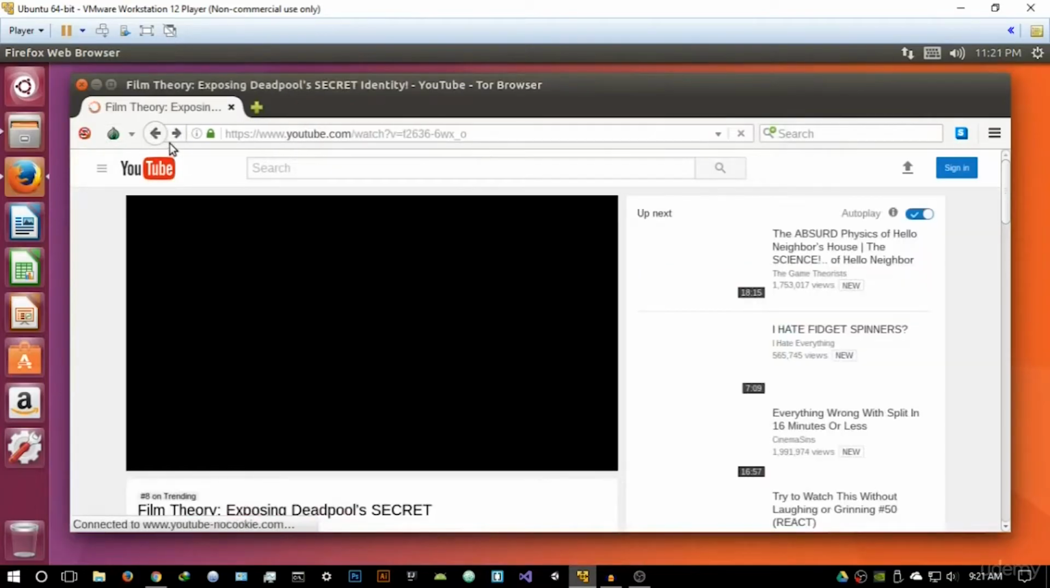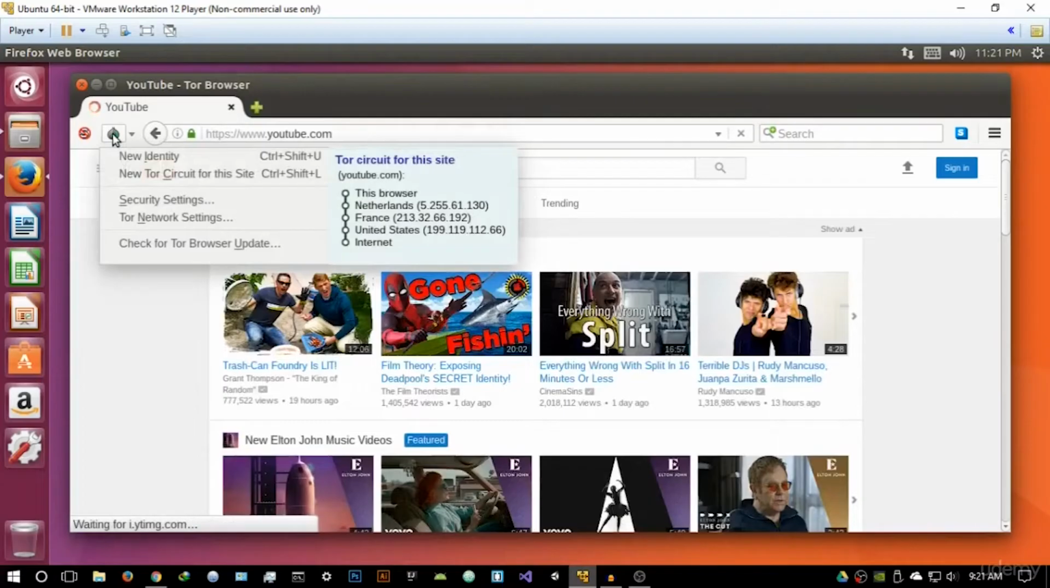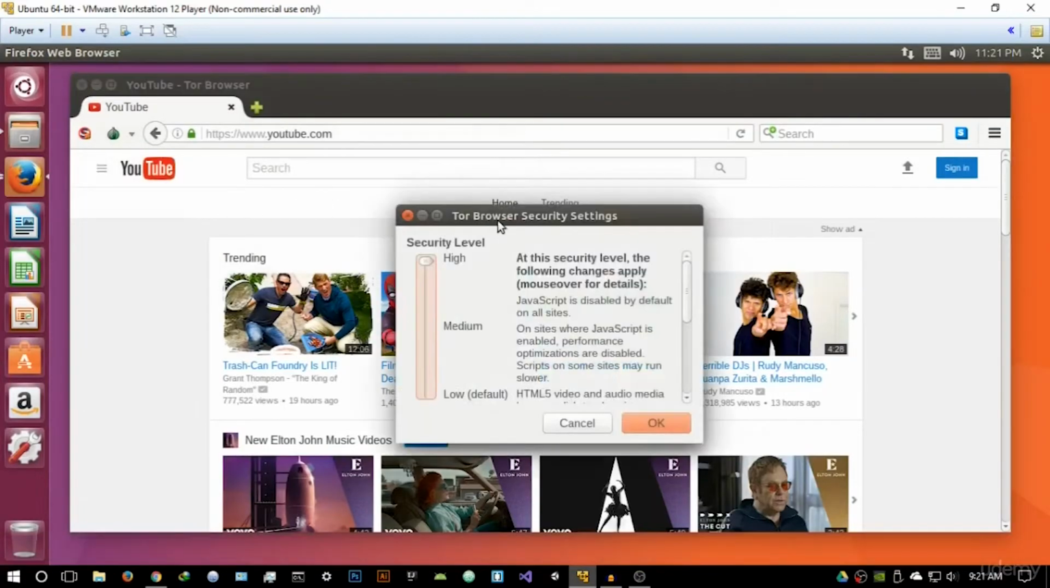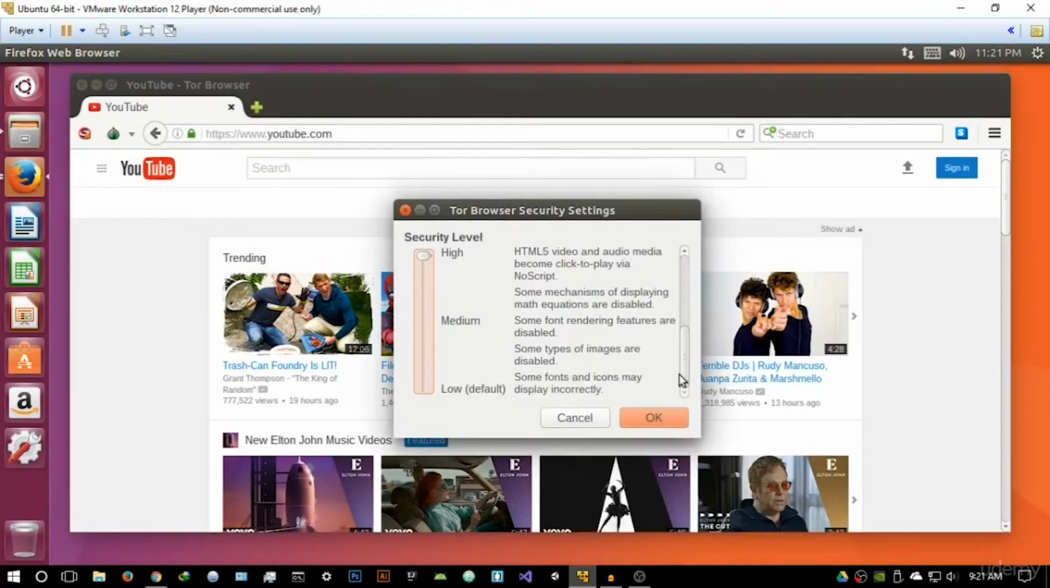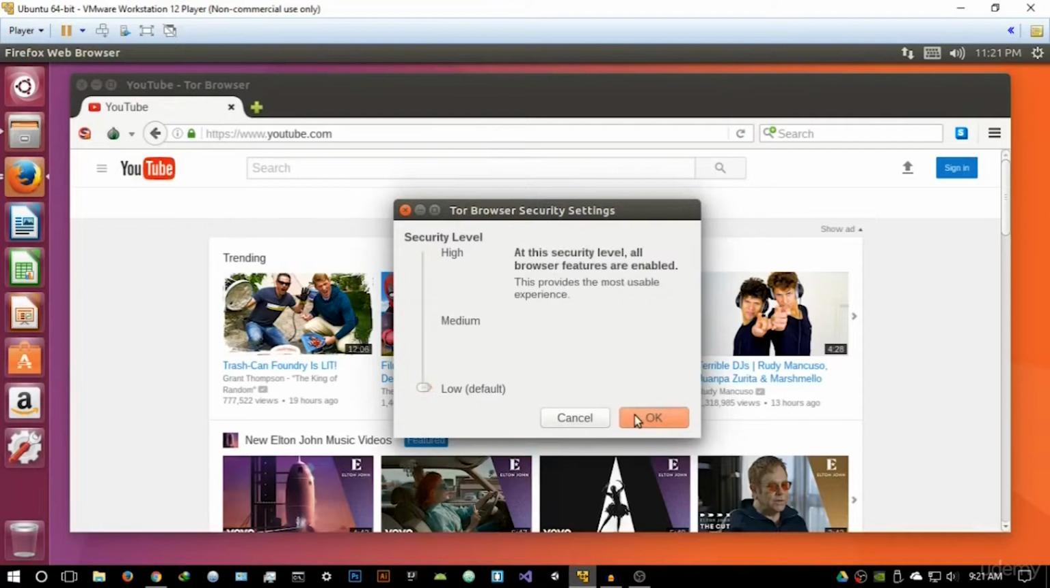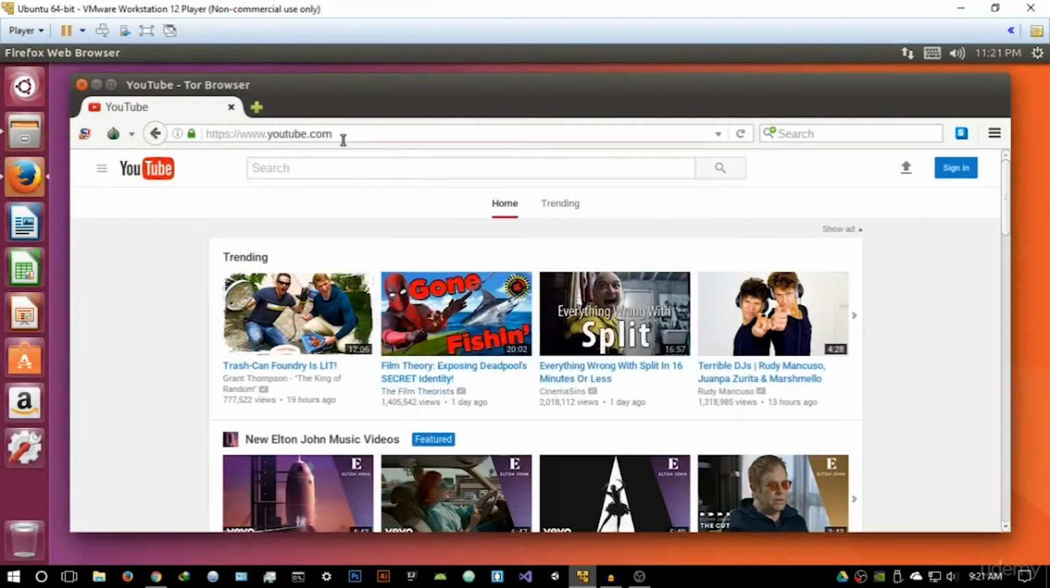Coming back to the new Tor, if you focus on the Tor circuit for this site, as I said, it's going to show you a visual representation of the chain of nodes being used. Now, if you go into the security settings and say medium or low, what would be really dangerous is if